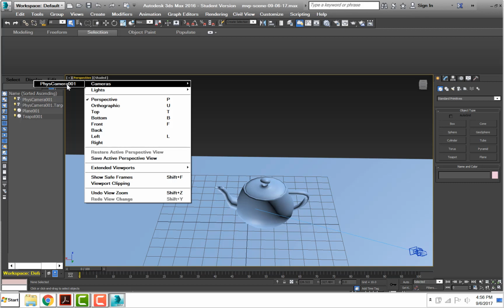I've done it a million times, and it's really terrible when you find you have just the right angle and then you lose it. So,